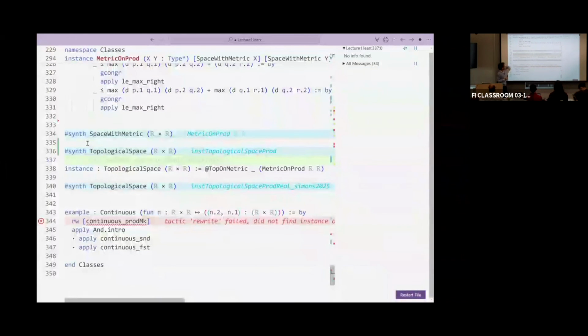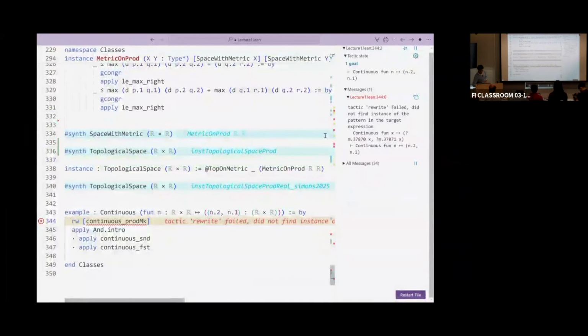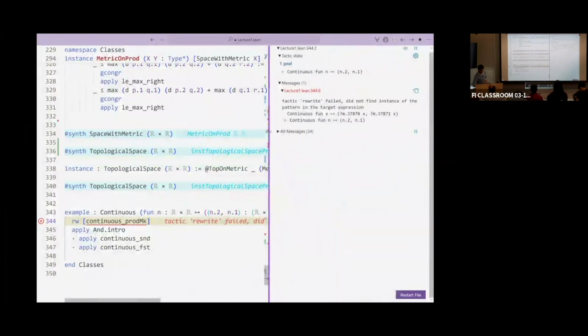Okay, and comparing these with these shows you that indeed this is the topological space prod, the usual product topology, whereas this is the topological product that comes from the product with the metric space that I provided this product with. And what I wanted to show is how bad this is, because then you say, okay,